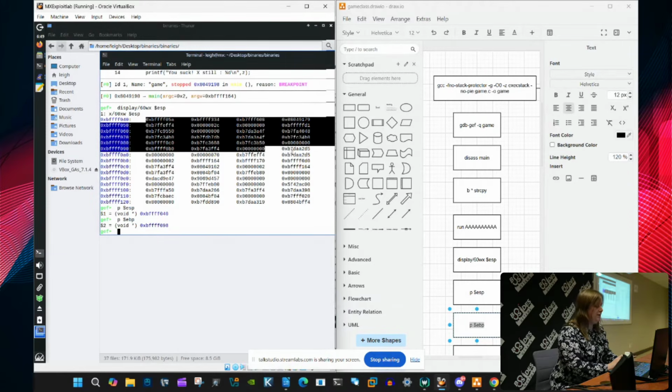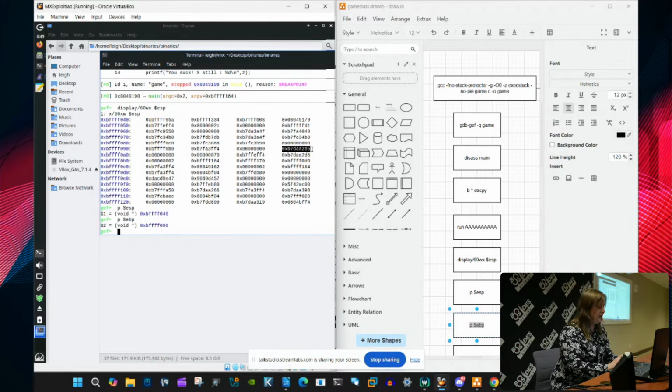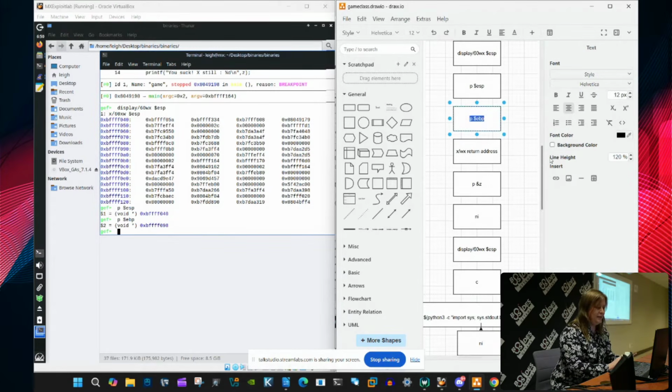To the right of the base pointer, always in binary exploitation, this is the return address. So when the program crashes, it automatically returns to the return address to exit. If we control this, we control where the instruction pointer is pointing, and then we can take over the whole system. We're not going to do that right yet. We'll do that in the next